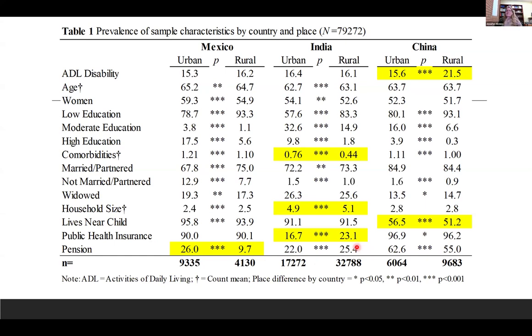And I noticed similar things about health insurance. So really similar urban-rural rates of health insurance. Well, public health insurance availability is what I believe this is. Similar rates in Mexico and China. Actually, it seems like maybe lower coverage in the urban Indian population. And again, also thinking that health insurance and healthcare is the same word across the countries, but the context, the quality, the content, the access is very different in urban versus rural settings, and probably even more so in these three countries.